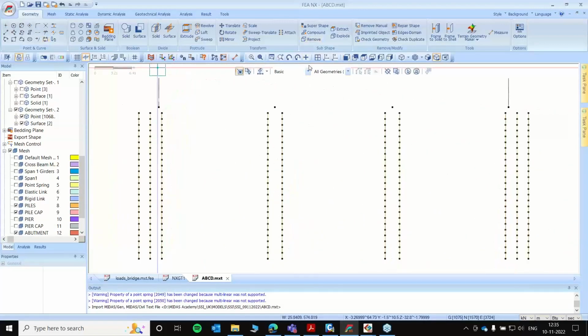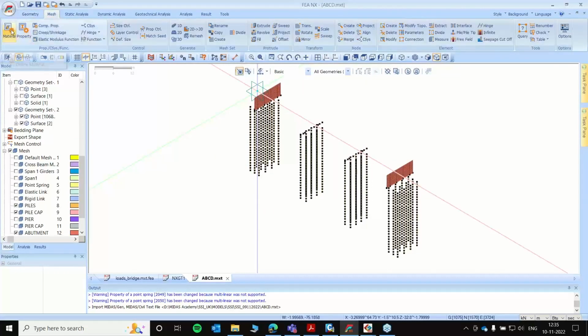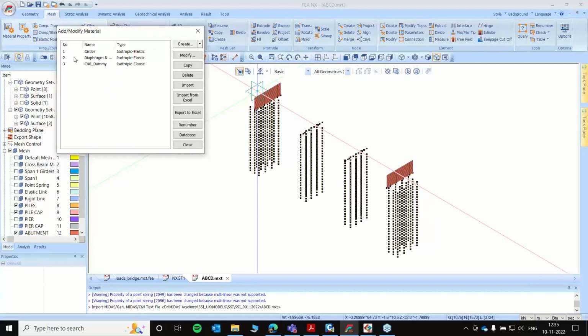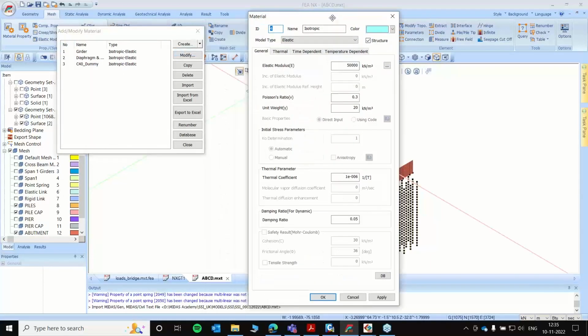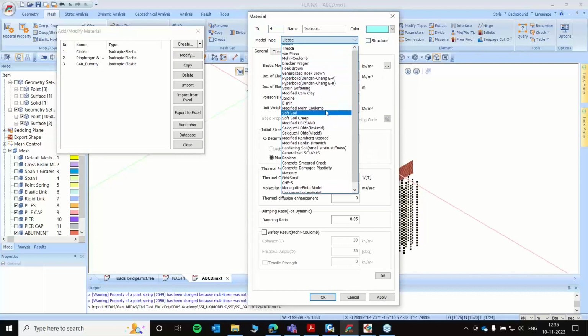So after this, what we do is we'll directly go to meshing. Nothing else is required. So we'll go to mesh, material properties. We have the properties that were imported from civil. So we just need to create a ground property. I go to isotropic. As I mentioned, you can have any property you want in here for soil and rocks.